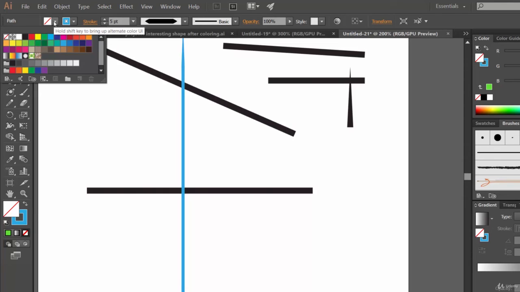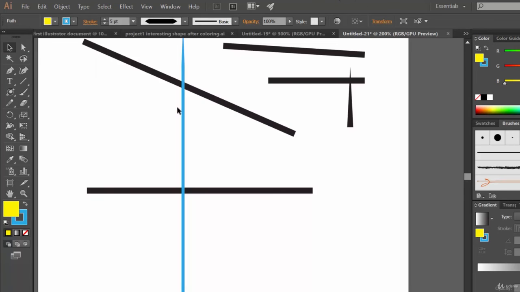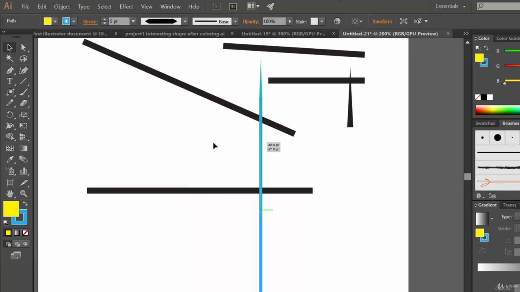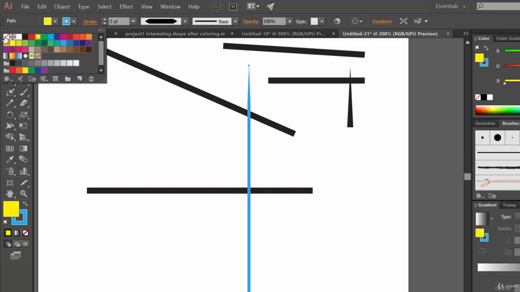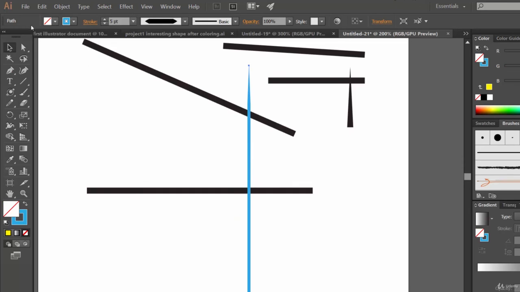and for this I guess fill is not necessary. Yeah, because it's a line, it will be having stroke only. Okay, so that's it. Here in this lecture we have seen how we can work with the line tool, and remember